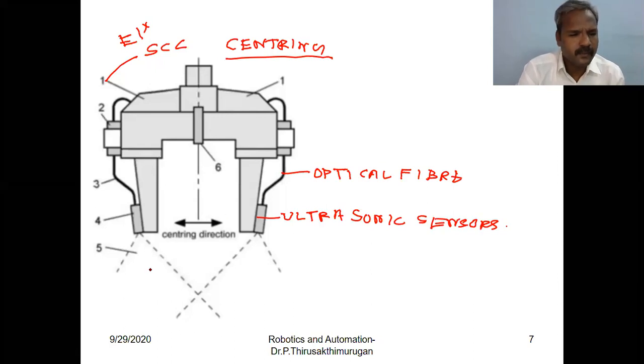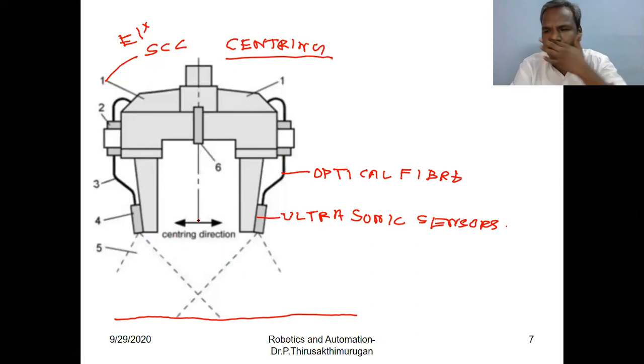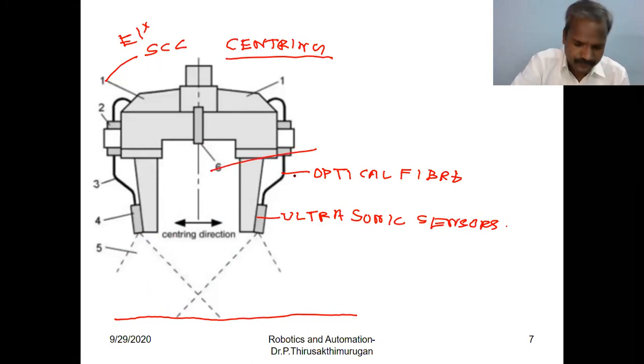This is the fiber optic cable. Five is the monitor range, the range of the object. Say the object is here. These sensors emit a signal and it gets reflected. Based on that, it will sense the object position. So this is gripper centering with the reflected waves technique. Six is your centroid sensor.